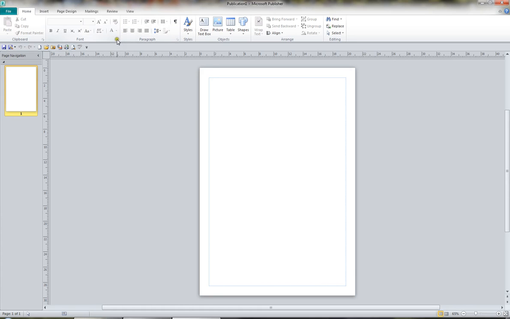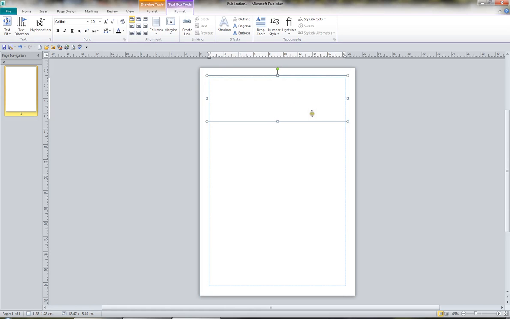Now some of these groups also have a little arrow in the bottom right corner. That means that they have a dialog box launcher. So let me just do an example. I'm just going to draw a text box. I'm just going to add a title. Now when I select that title, if what I want is immediately apparent in this group, such as increasing its size,